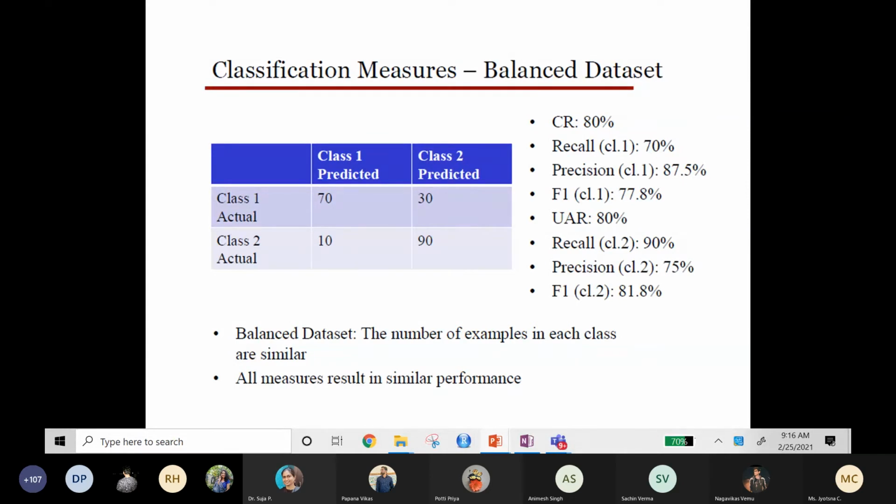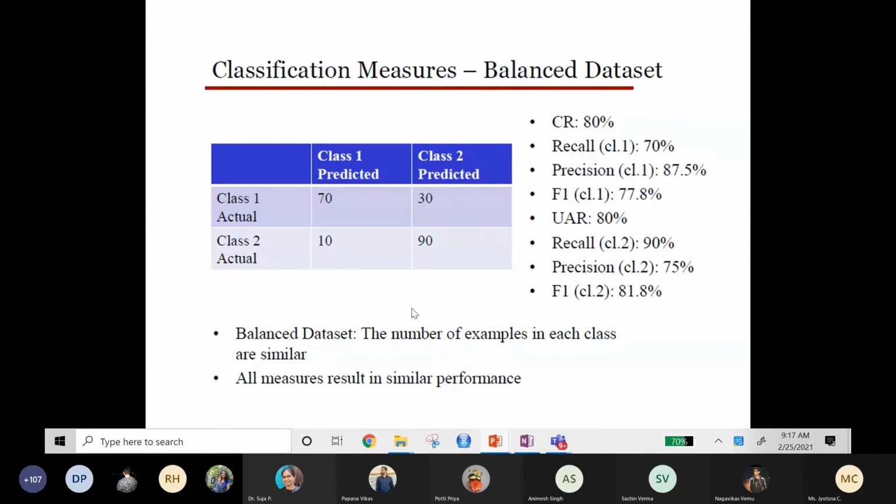So you can write both the formulas. Recall, when you look at the positive class, the previous formula, that is true positive divided by true positive plus false negative. But when you look at the negative class, the other class, the formula is true negative divided by true negative plus false positive. Okay, so for both the classes, we can find the recall and precision.